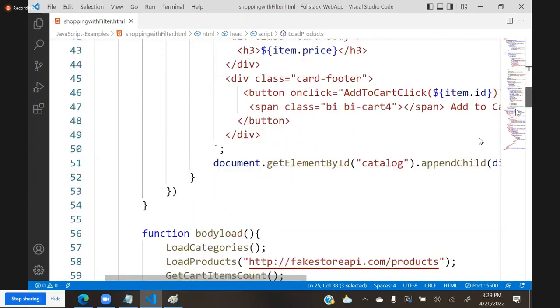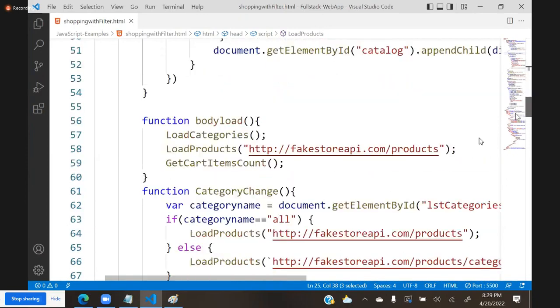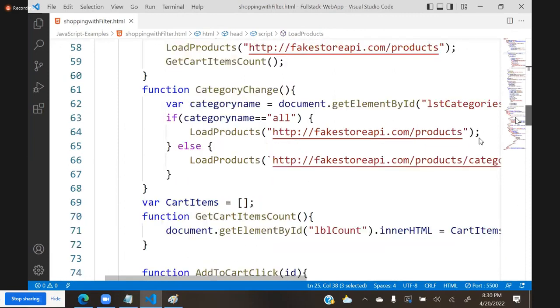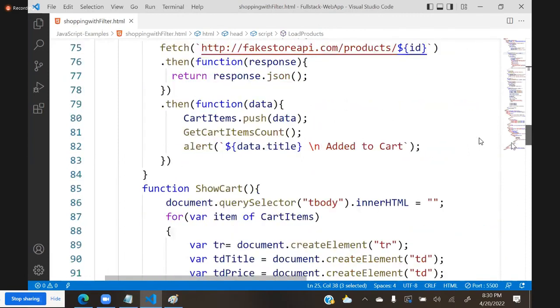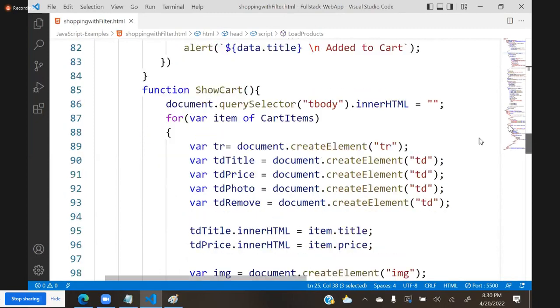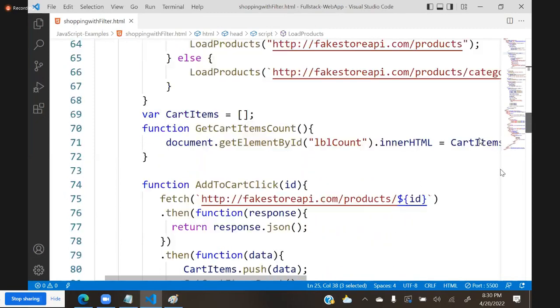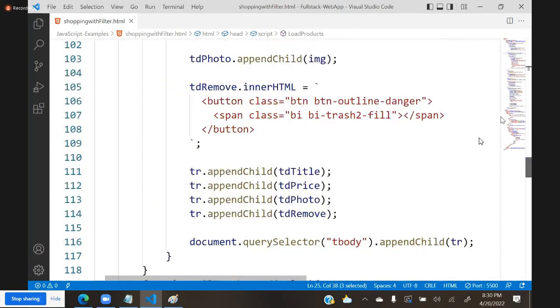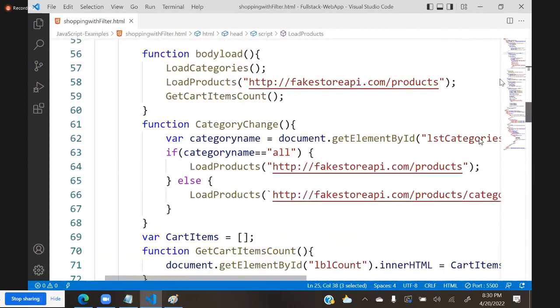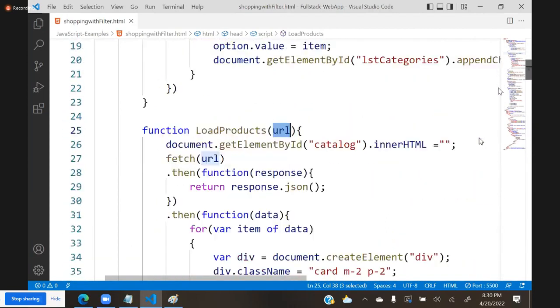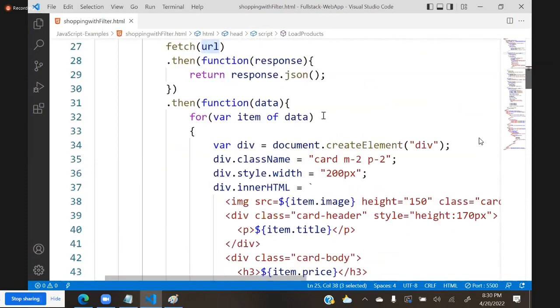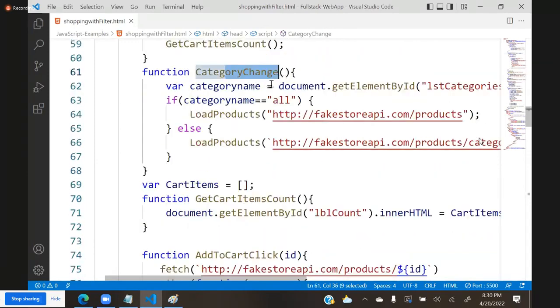We have written a condition for any specific category. When the user is changing the category, you remember where the category change is below? When the category changed, we are accessing the category name and applying it here because they have such an API,